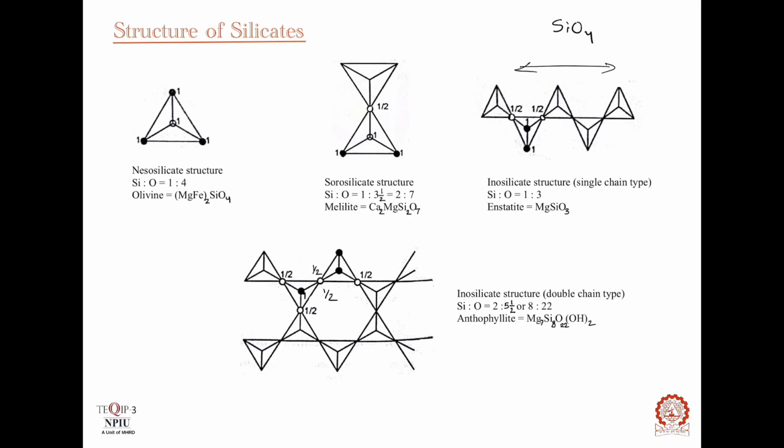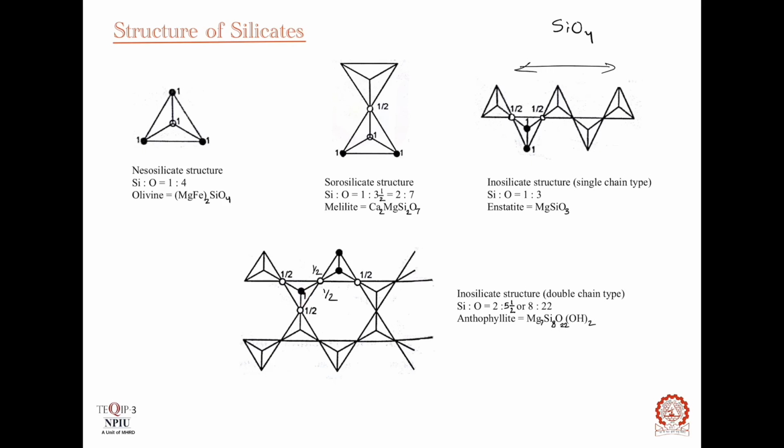So how can we count the oxygen atoms for one silicon? Here we have to consider 2 units to represent the ratio. So these 2 units we are considering here. For this silicon atom, the number of oxygens are half, half, and half, and for this silicon this will be half, half, and 1 and 1. This is also one more oxygen atom for this silicon.